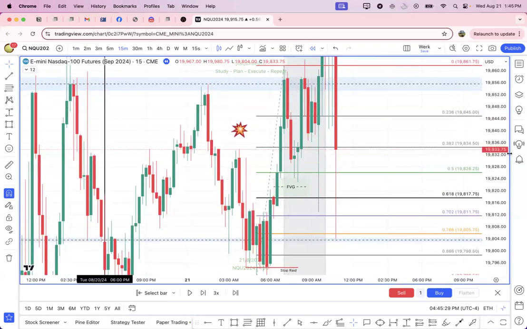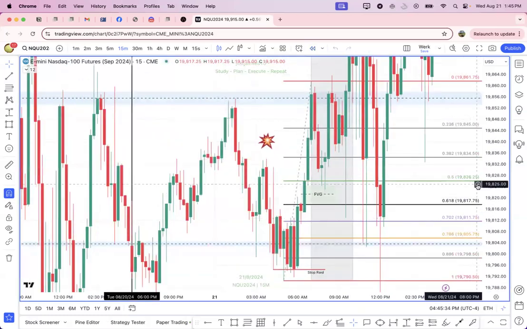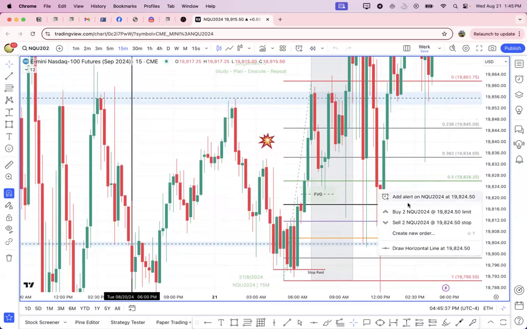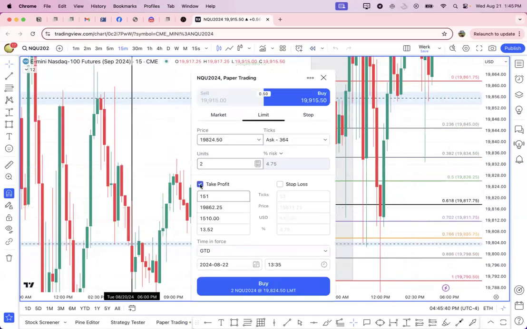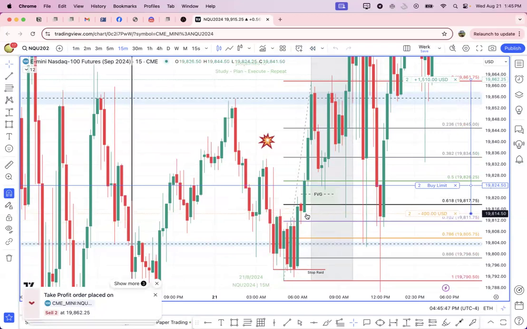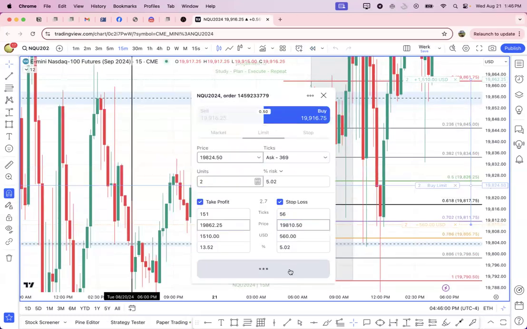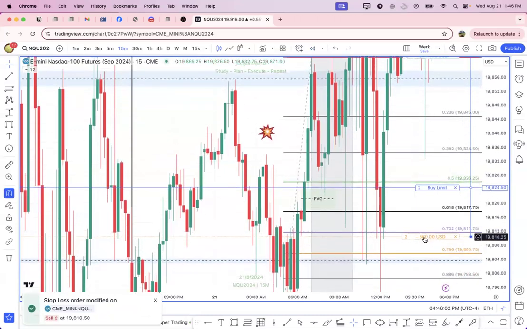So I would have to know that, oh, I can't do it. Let me do it. I would have to know that even if I got in there and I was really confident, my stop would really be supposed to go all the way down here. We're not doing that at all. So I would either have to go underneath the B candle or the A candle. So let's just say I went underneath the A candle and I try to keep my risk within 500. So let me just do my risk.